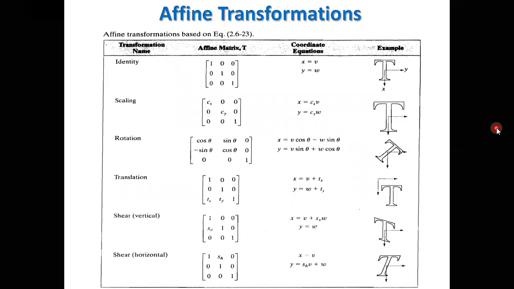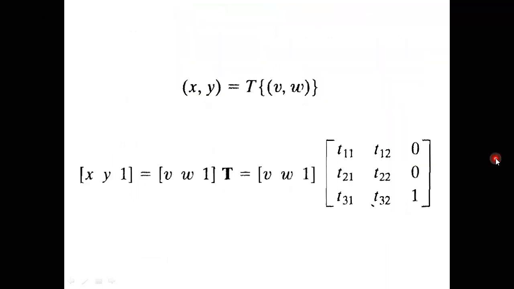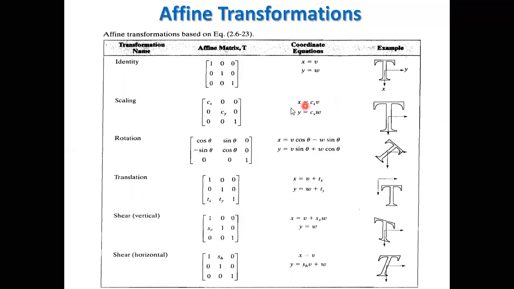The next is affine transformations. Here the affine matrix is T. If T is taken as the identity matrix,